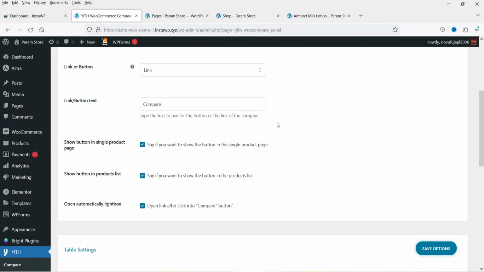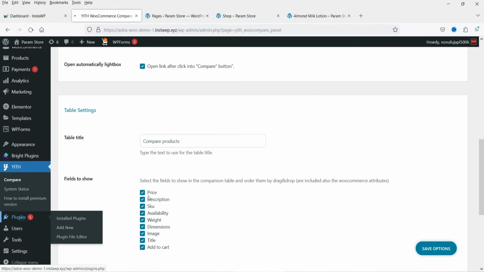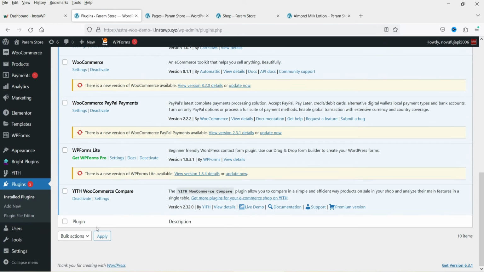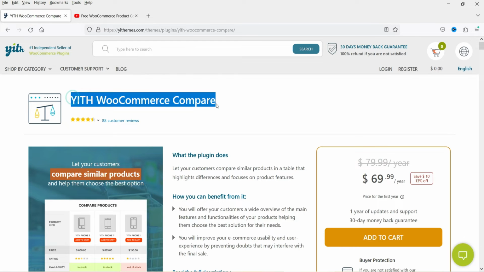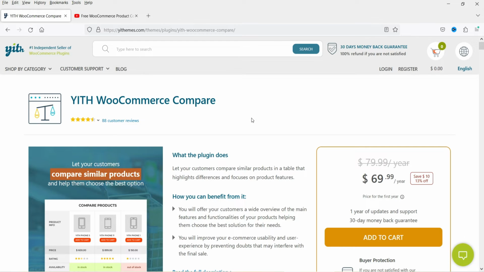Now I do have the premium version of this plugin, so I'm going to install the premium version. Let's go to plugins and let me deactivate the free version. Now let me show you the website of this plugin. This is the plugin website YITH WooCommerce Compare, and the price of this plugin is